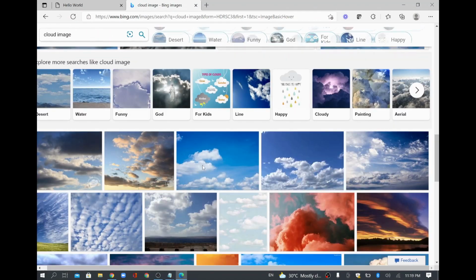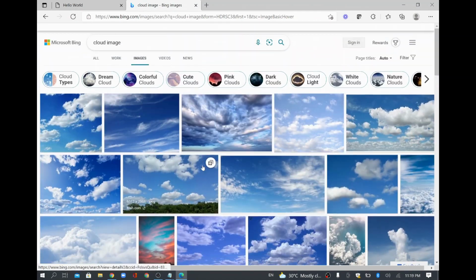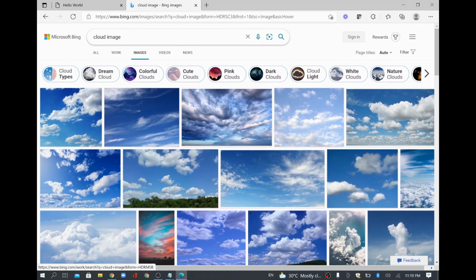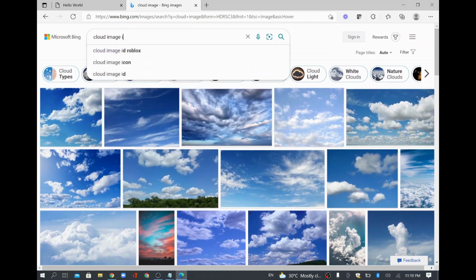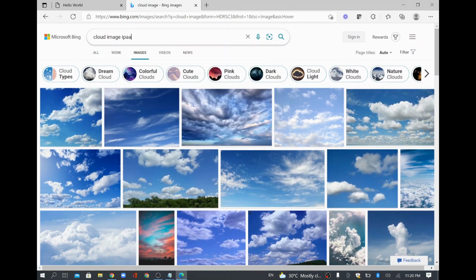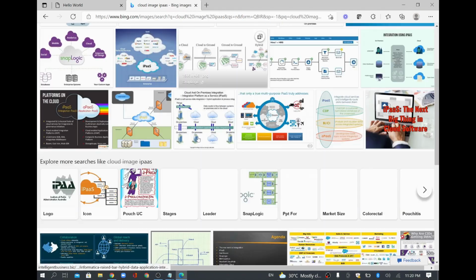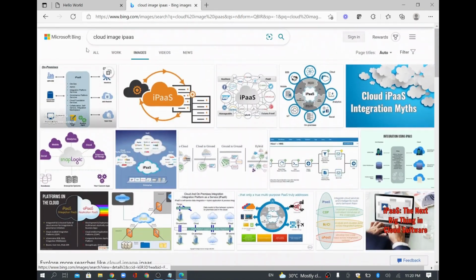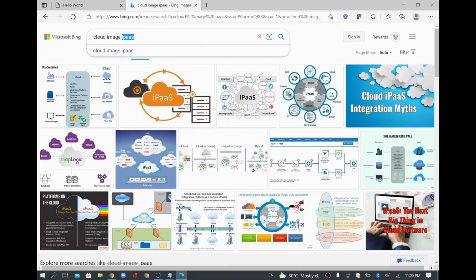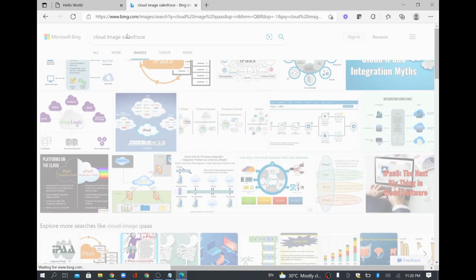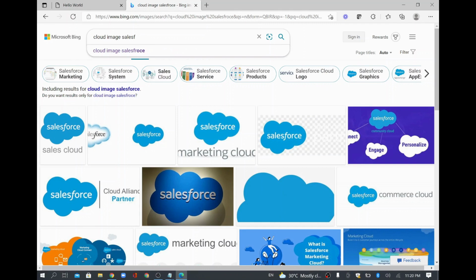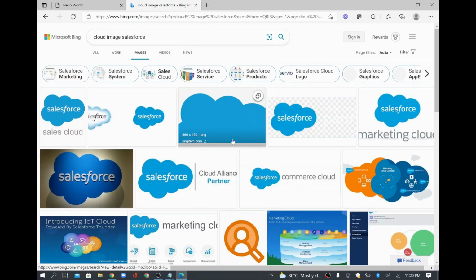So better, I'll try to download some other image. So you can download any image. Okay, so for a sample, maybe I'll try to download this Salesforce image.